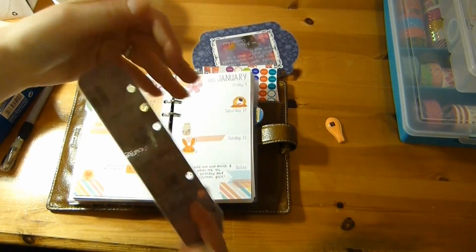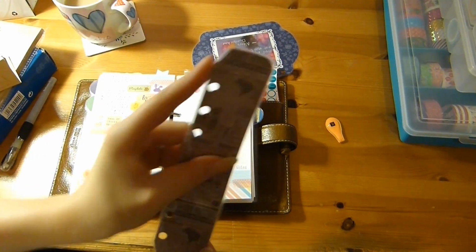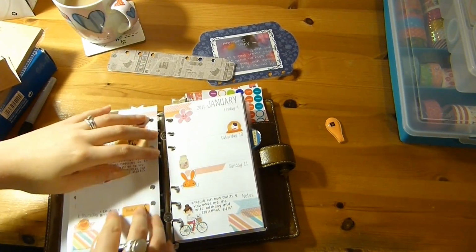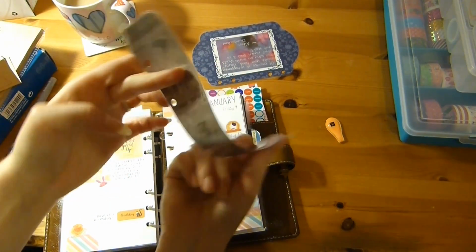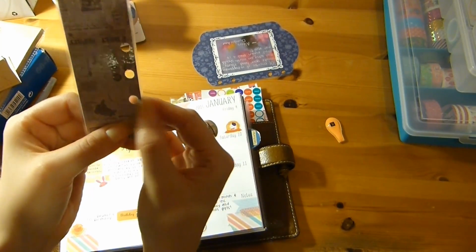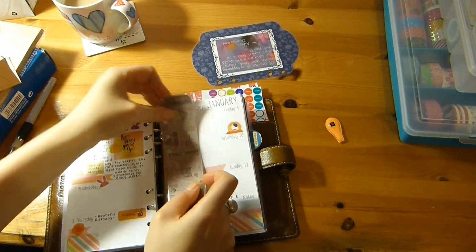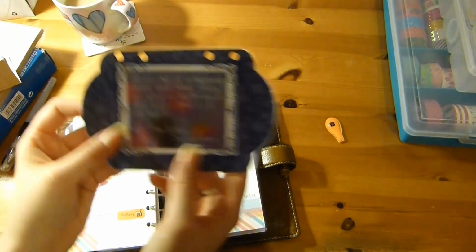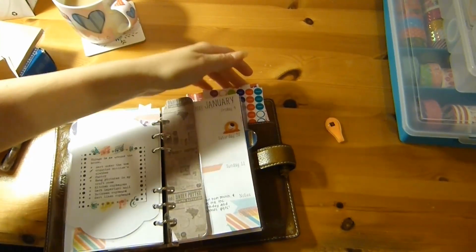my bookmark or ruler. It's not really a ruler because there's no measurements on it, but that was just made out of the Harry Potter Etsy download that I bought out of the paper. So I just literally made that. And one thing people do, I do it sometimes if the paper's thick enough, but this one isn't really because it's only the 300 GSM card, is they cut along here and then it makes it removable, like the Kiki K I just showed you, so you can just pull it and it will just come off. So that's in there. And I've also got another quote that my pen pal Stella sent me, and that just sits in there. And then on the back of there is my things to do around the house list,